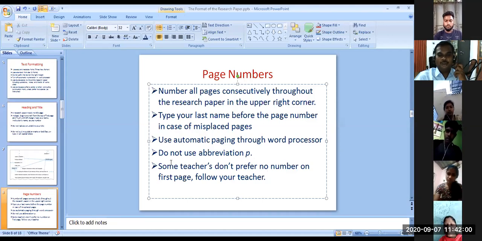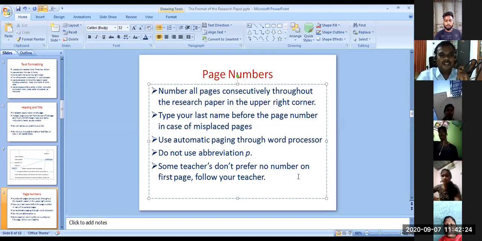Some teachers prefer no number on the first page. Some people say don't put a page number on the first one. Some teachers don't take class in the first period of the semester. On the first day when they come, they ask, what is your name? You tell your names, your college, your father's occupation, and he gives some general information, and he won't start.